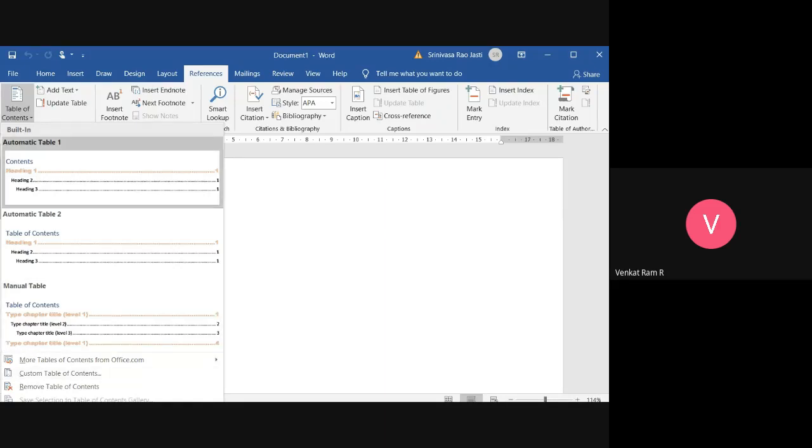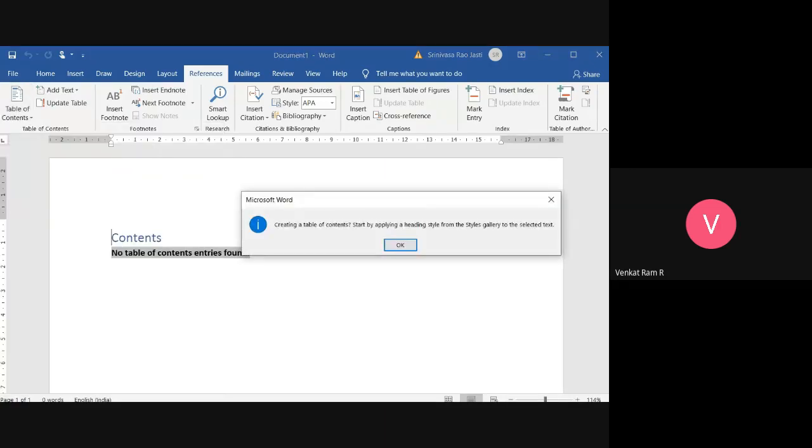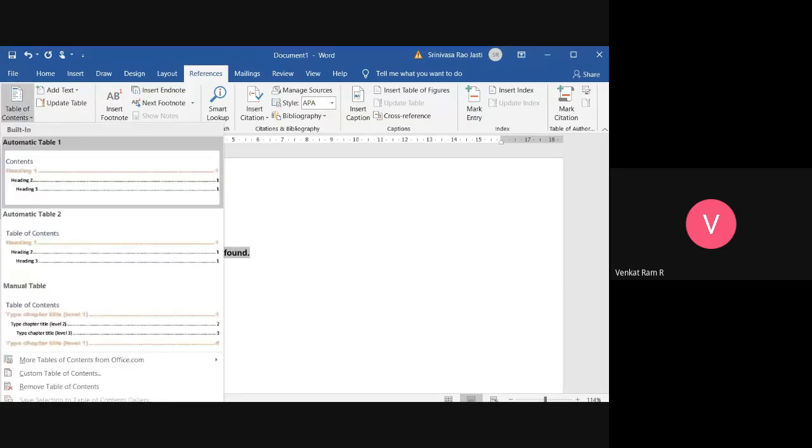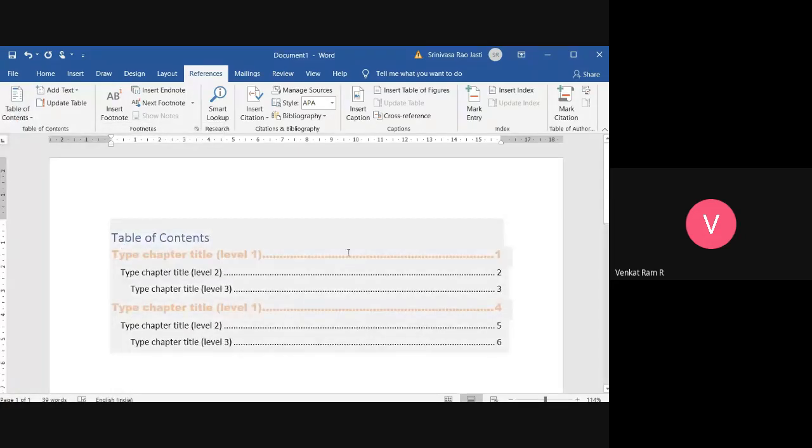If you are using automatic table of contents, you will get a blank one where the heading and subtopic will be there. And if you are using manual table, you have to edit this and then say okay. Without editing everything, it will not set.